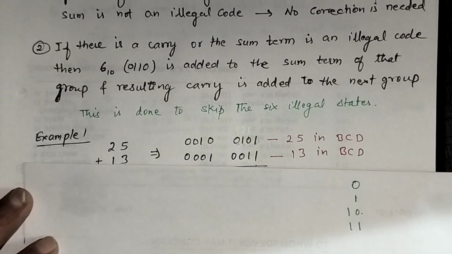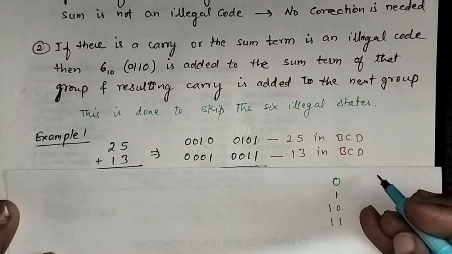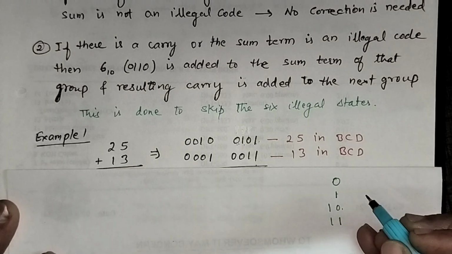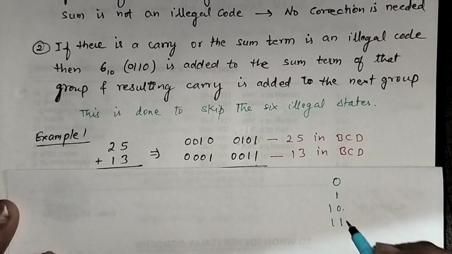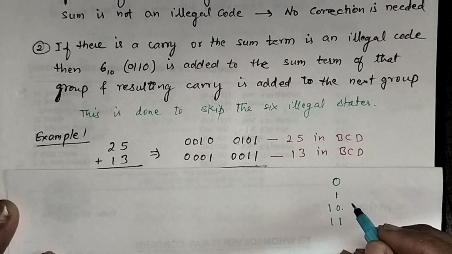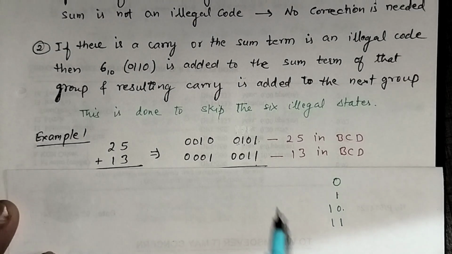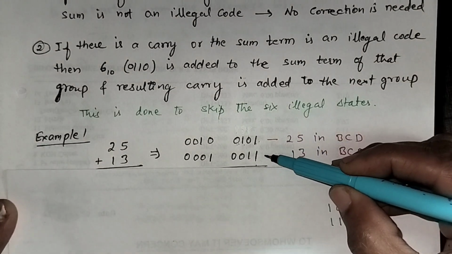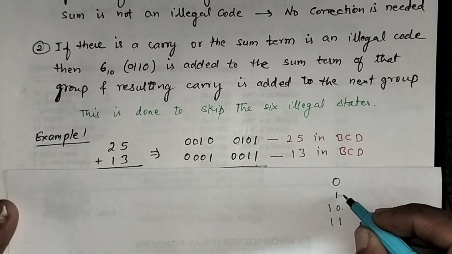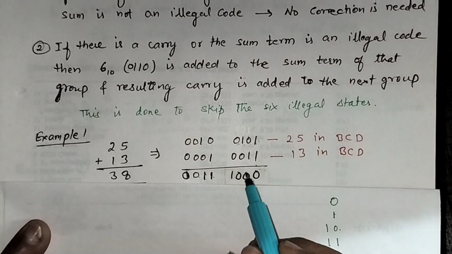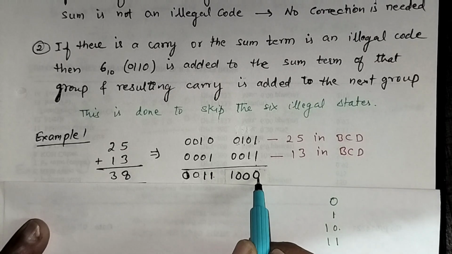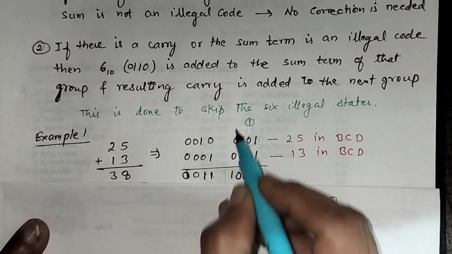Now we will add these two. We know that for addition we will follow this pattern: if we add 1 to any number, we will get the next number, and if we subtract 1 from any number, we will get the previous number. We will follow this approach. Now we will add this. 1 plus 1 means we are adding 1 to this 1, so we get 10. So this will be the answer and this will be carried forward. So here 0 is the answer and 1 will be carried forward.